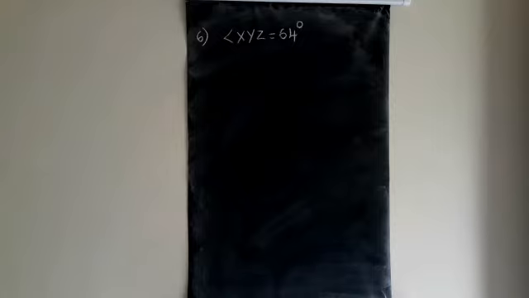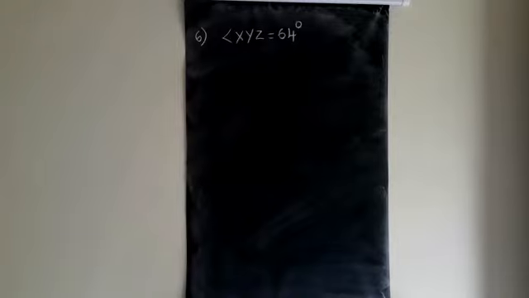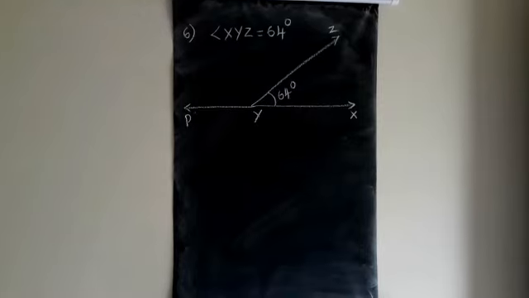In the last question it is given that angle XYZ is equal to 64 degrees and XY is produced to the point P. What do you mean by produce? Produce meaning extend. Draw a figure from the given information. How to draw a figure? First you draw angle XYZ and XY is produced, meaning extended to a point P. That is the first step. You should draw a figure according to the given information. Like this, XY is produced to a point P and the angle XYZ is equal to 64 degrees.